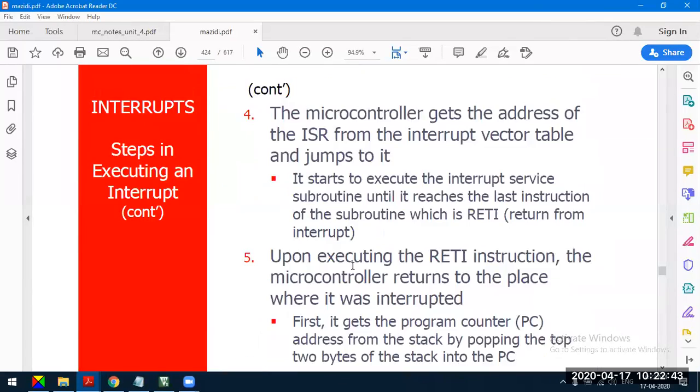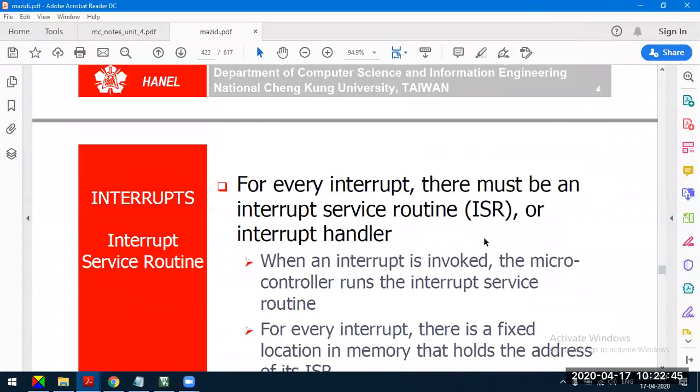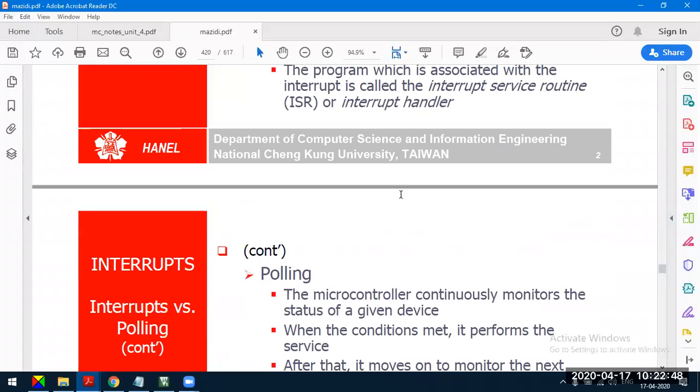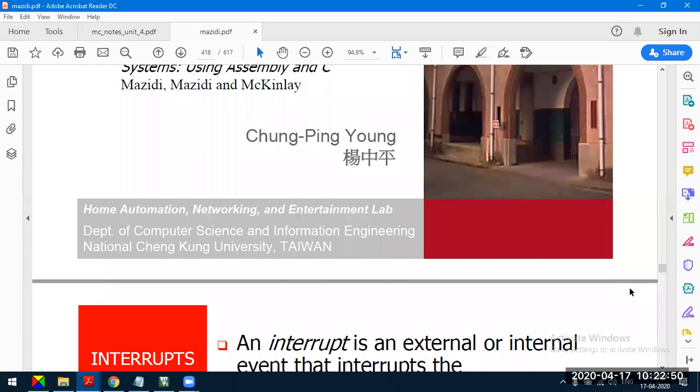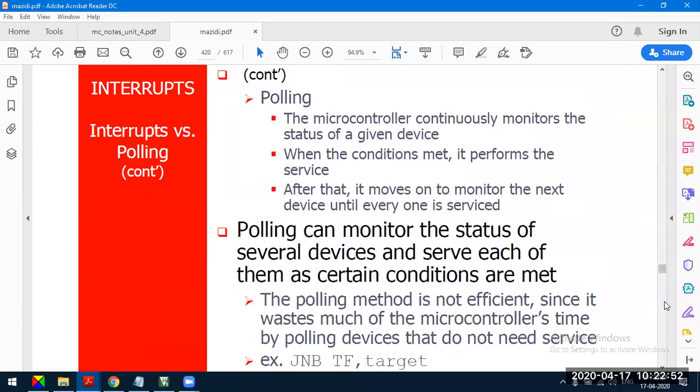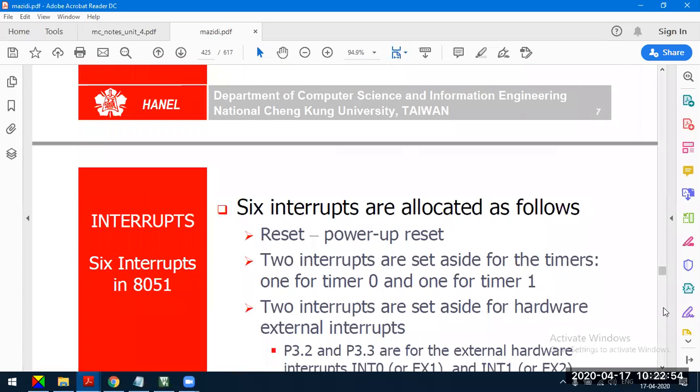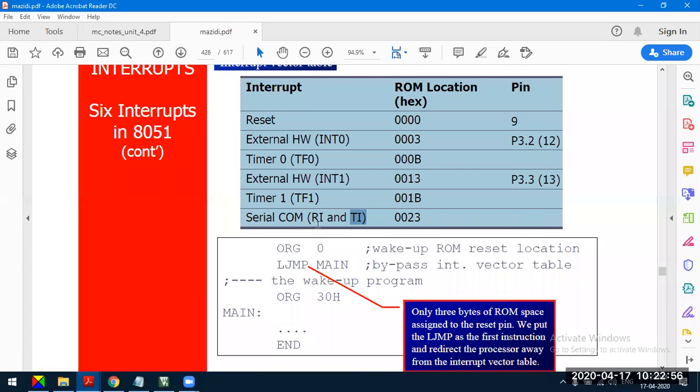So it will be cleared by the user, not by the microcontroller, because the microcontroller does not know the source of interrupt.